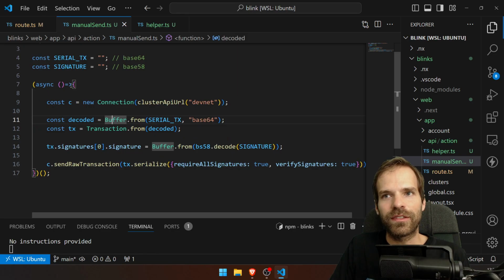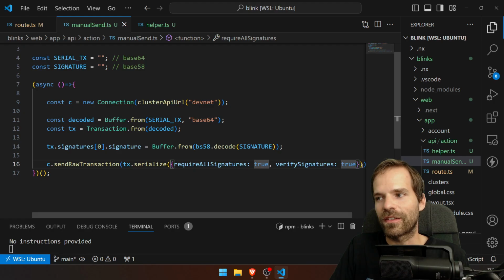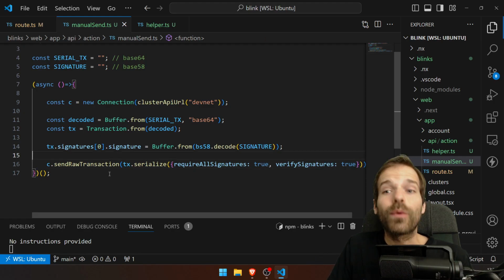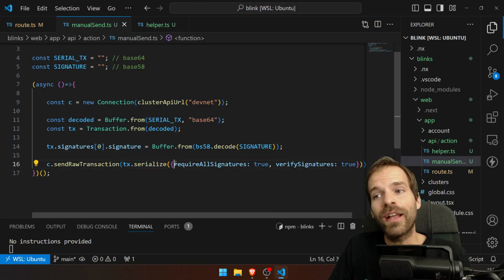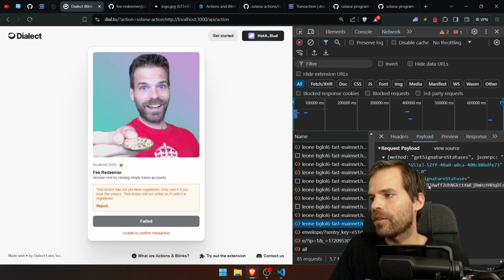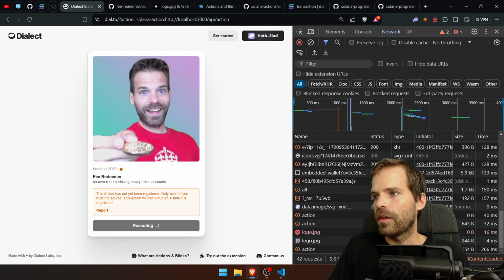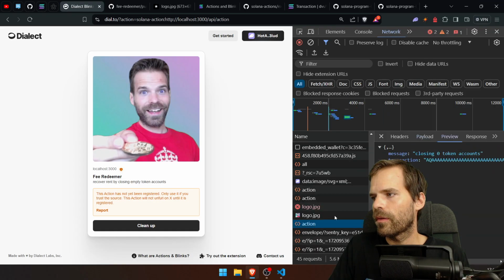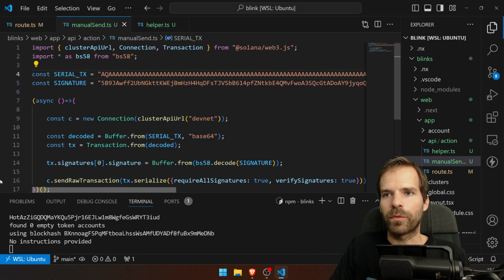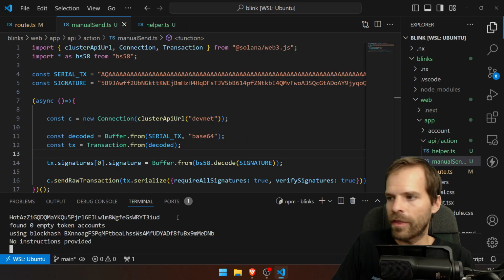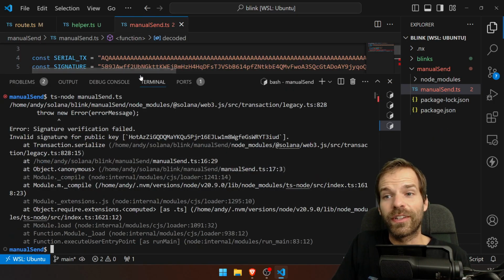Because if the signature doesn't actually correspond to the transaction I'm getting here, or if I need more signatures, or if it doesn't verify, then this is not going to work anyway, and that will already fail and give us that warning, right? If I choose a random signature and a random transaction, this won't match, and therefore if I run this with those two that do not match, we get invalid signature